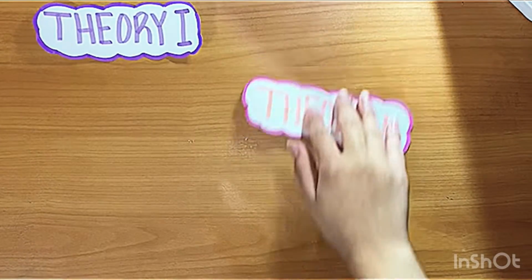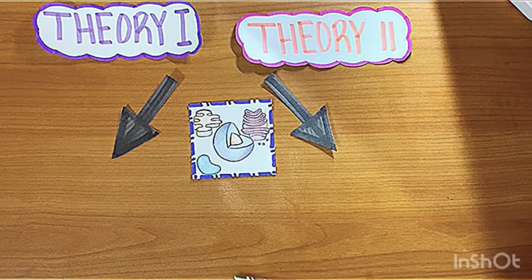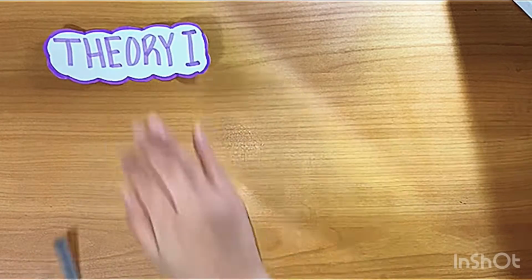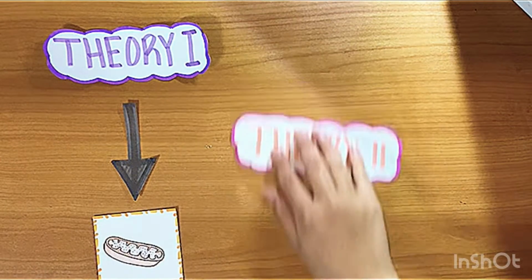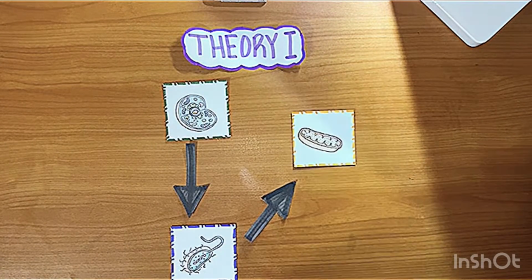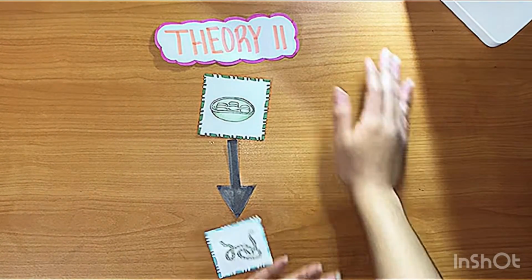The difference between endosymbiotic cell theory 1 and 2 is that each theory focuses on a different organelle within the eukaryotic cell. Theory 1 focuses on how the mitochondria came to be, while Theory 2 focuses on how the chloroplast came to be. Furthermore, Theory 1 states that the eukaryotic cell that engulfed the prokaryotic cell that is now the mitochondria was an aerobic cell. This differs from Theory 2, as the engulfed cell that is now known as a chloroplast was a photosynthetic cyanobacterium.